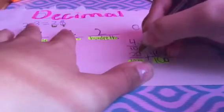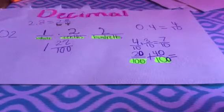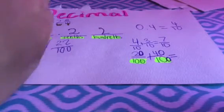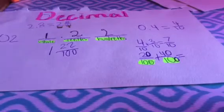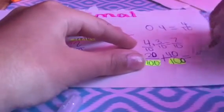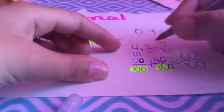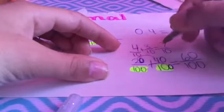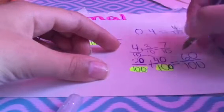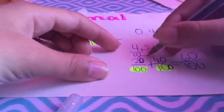Oh, also, I messed up. This should be a 0 right here. It's usually a 20, so I'm going to do a basic one. But if you guys want to see a harder one, I will put addition of decimals and level 2 decimals, but that'll be later. So 40 plus 20 is 60/100ths. It's just adding 4 plus 2 and then adding your 0, which is what my teacher said. So 4 plus 2 equals 6. You will bring your 4 plus 2 to 6, and then you will add these two,